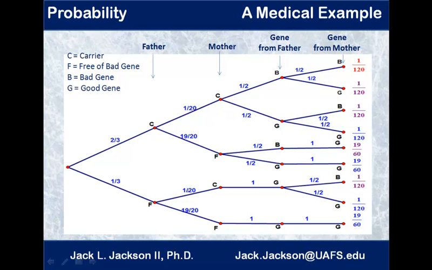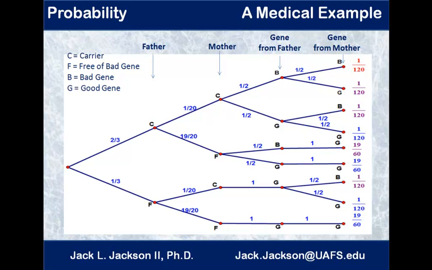Probabilities are 1/3 times 1/20th times 1 times 1/2 is 1/20th. Similarly for the next one, and the last one at the bottom, where we have free, free, good, good, that's 1/3 times 19/20ths times 1 times 1 is 19/60ths. The only one out of all of these that turns out to have the disease is the one at the top, where it's bad, bad, which has to come from the mother and the father both being carriers, which is a